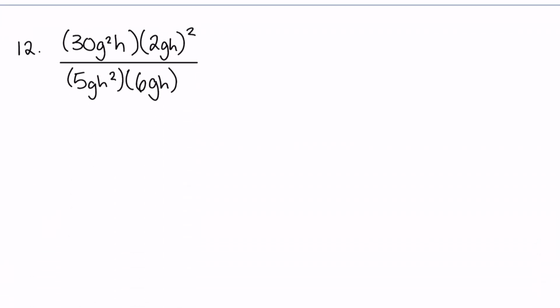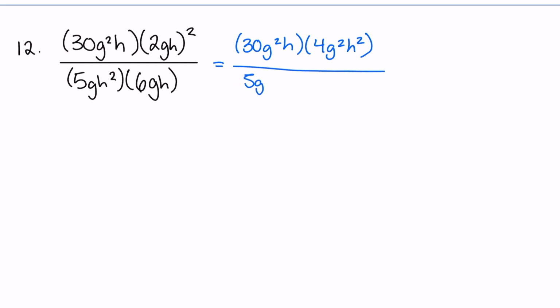Now for one last question. Let's get rid of this power outside of the bracket by using our power of a power rule. So that would give us 30g squared h times 4g squared h squared, because we apply this 2 to each of these terms here, all divided by 5gh squared times 6gh. 30 is the same thing as 6 times 5, so it cancels out with the 6 and the 5